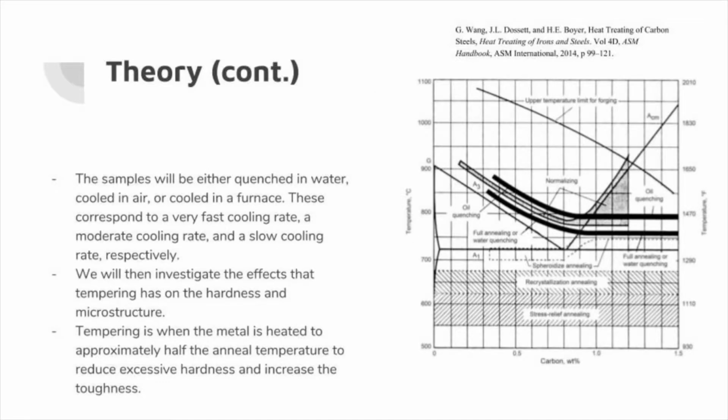Next, we either quench, furnace cool, or air cool our sample. As we saw in our experiment, these methods correspond to fast cooling rate, moderate cooling rate, and slow cooling rate, respectively. Then, we investigate the effects of tempering on our sample's hardness and its microstructure. Tempering is when we heat our metal sample to around half its anneal temperature, so as to reduce excessive hardness